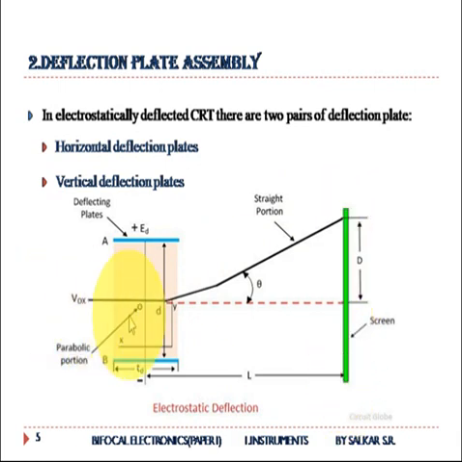When the electron beam passes through the vertical deflection plate, it changes its direction and goes to the upside, that is the y-axis side, and then it moves from the upward to the downward direction. The electron beam moves from upward to downward continuously when it passes through the vertical deflection plate.